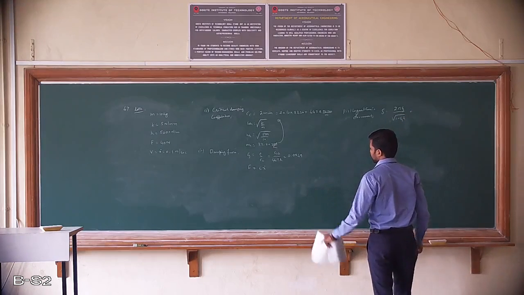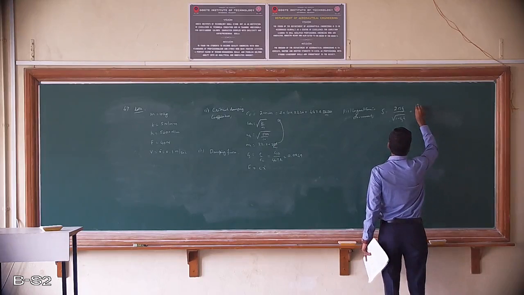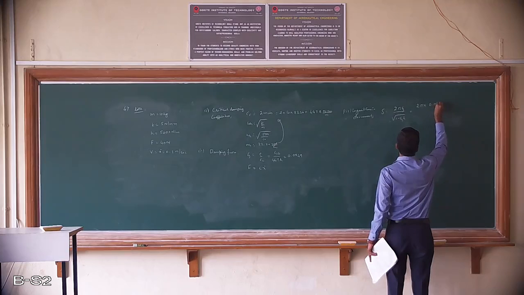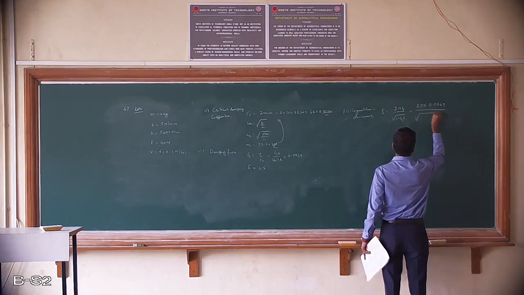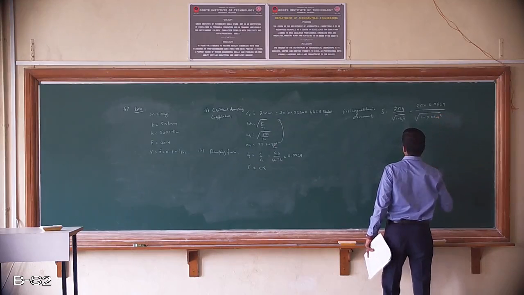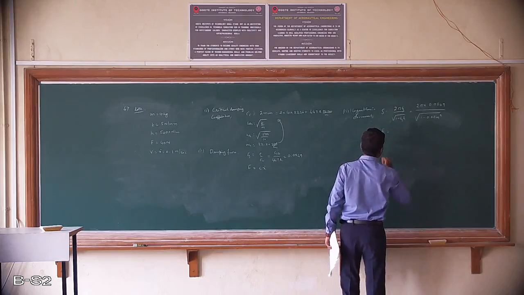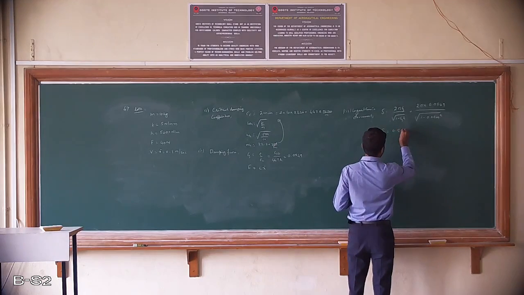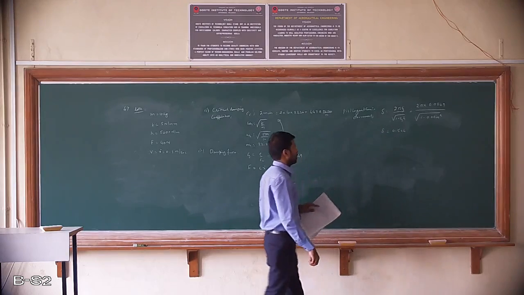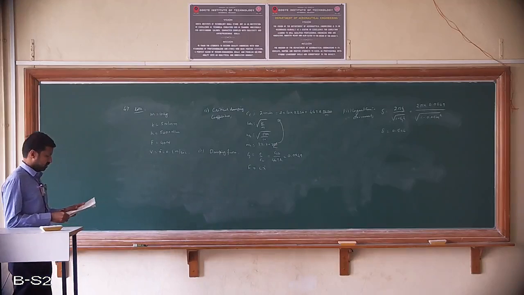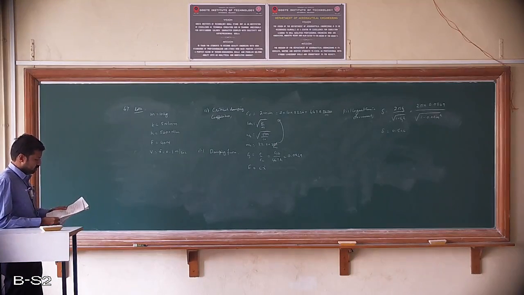So we have calculated the value of zeta. So 2 pi into 0.0849 divided by under root of 1 minus 0.0849 whole square, and the value of delta is found to be 0.564. So let us go for the fourth question, that is ratio of any two